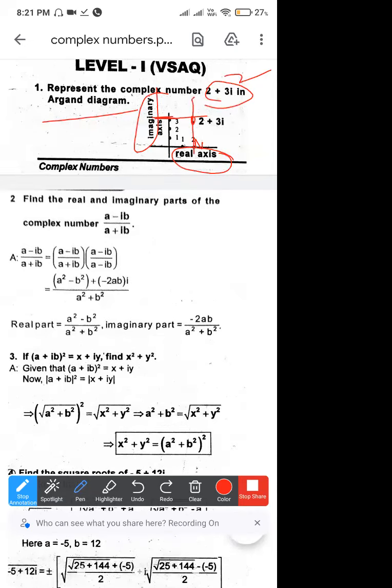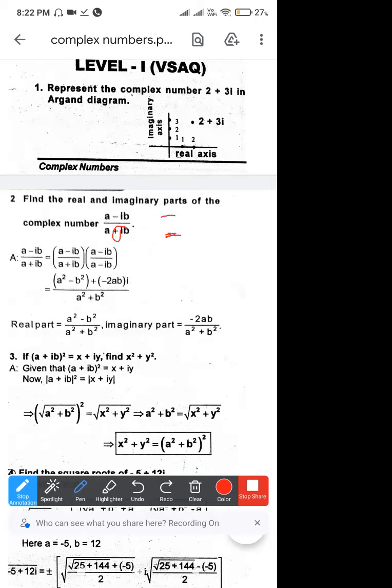Next, find the imaginary part of the complex number. So from this, we have to find the real part and the imaginary part. This can be represented. First of all, what is rationalizing? Just see in the denominator, we are having plus sign, so multiply and divide with minus sign. What are we doing? We are using the opposite sign of your denominator.